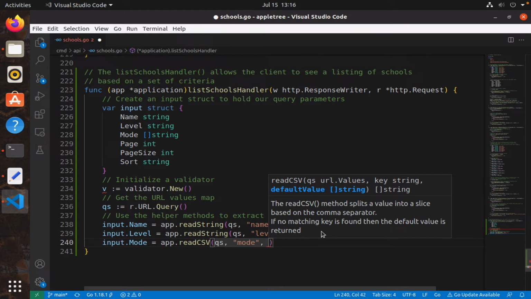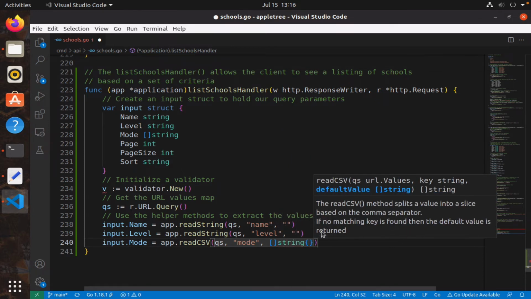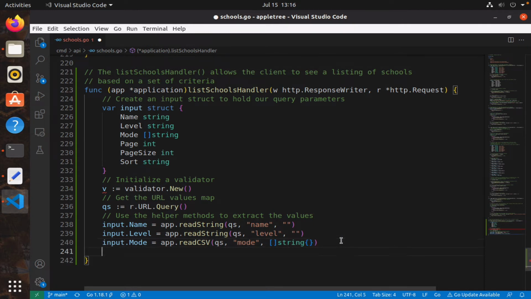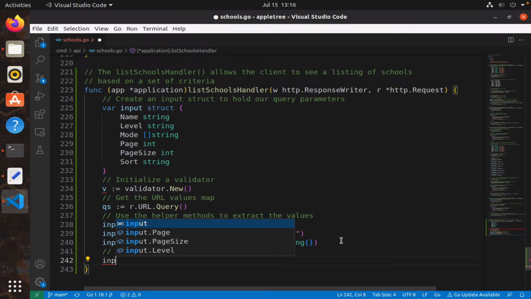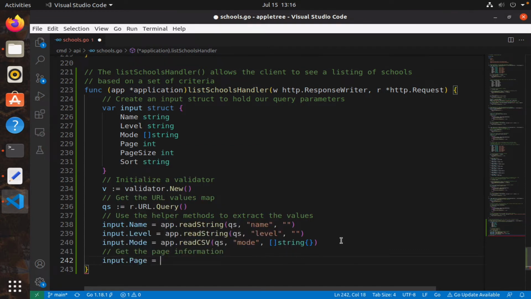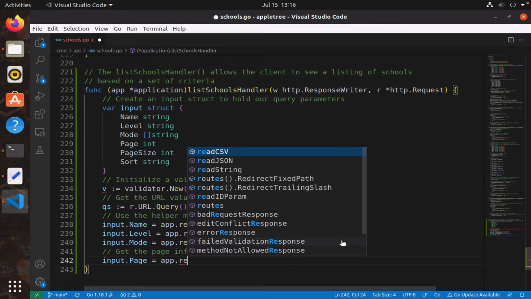And so we're going to use the empty string slice, which we do like that. Okay. Now let's deal with the page information. So get the page information using the readInt helper method. So input.Page will be assigned whatever readInt